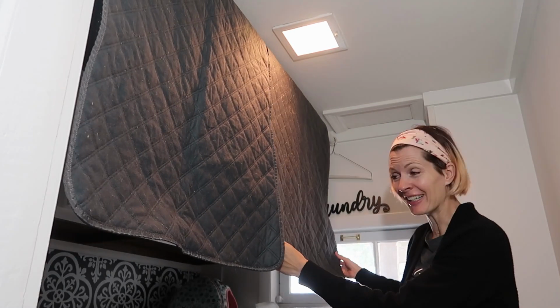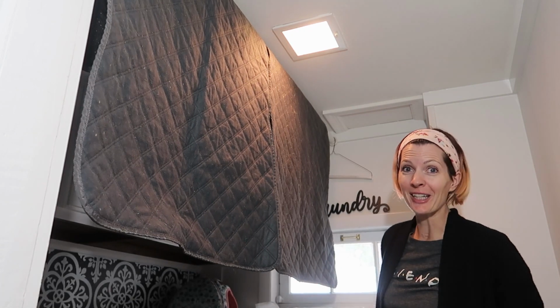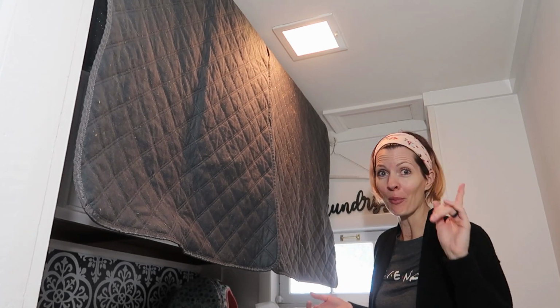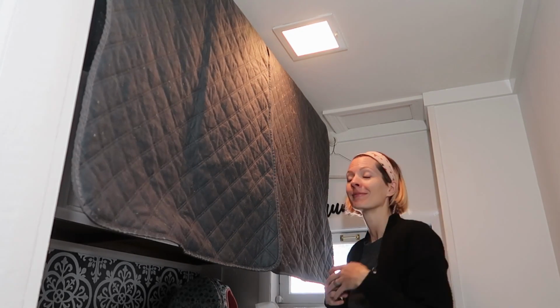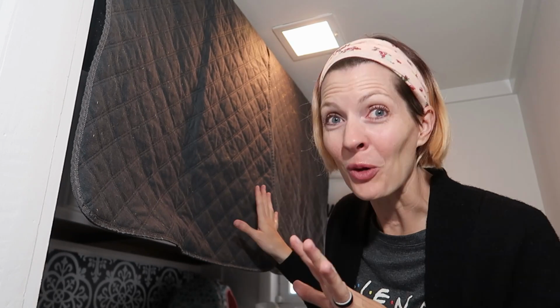We are back, it's an hour later, everything's dried, and here's the original. It's ripe. It's ripe with guinea pig odor. And then here's the one that we sprayed. The same mat as far as it was used for a week, it was washed, it still stunk, but no guinea pig smell. Like, I don't understand how this works, but it works, and honestly, I was not expecting